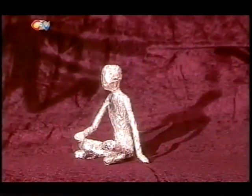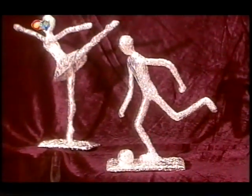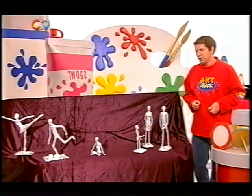This one's just got crossed legs. I just bent the newspaper into shape. And you can do lots of different poses. Again, bend your newspaper and put lots of tape on it. Try it yourself. Aluminium figures. Or should I say,